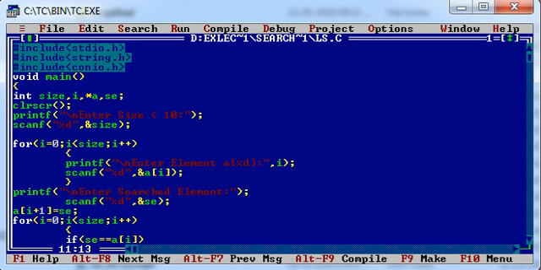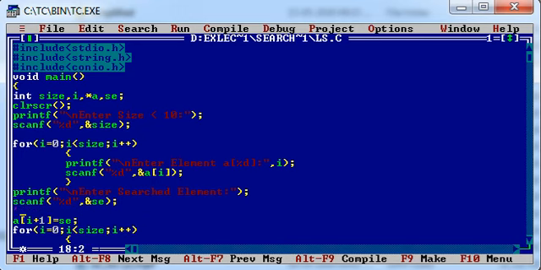With the help of this for loop, we are taking the array elements from the user. In these two statements, we are getting the searched element from the user, and as per our algorithm, I have set the key to be searched at last.